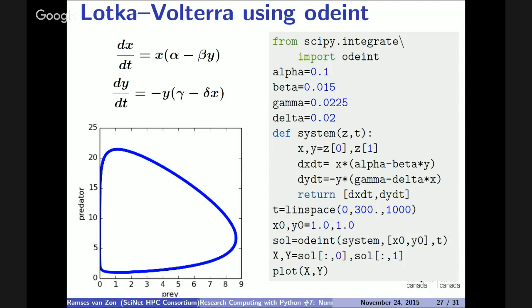That's not necessarily all the points it uses. It might use more points if that makes it more accurate. But this is where it's going to give me the results back. So I give it the system, the initial condition, and the time. That's great. And it'll do this adaptive step kind of stuff and give me the solution back. The solution will have two components, x and y, so I extract them and plot them. And the initial conditions and alpha, beta, gamma, delta values are different here. But okay, so